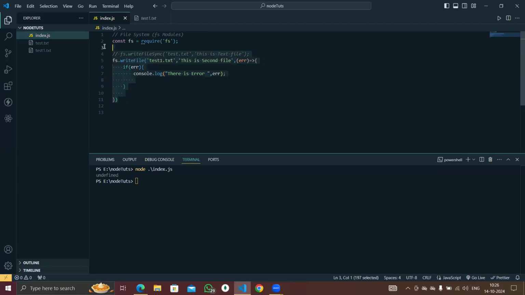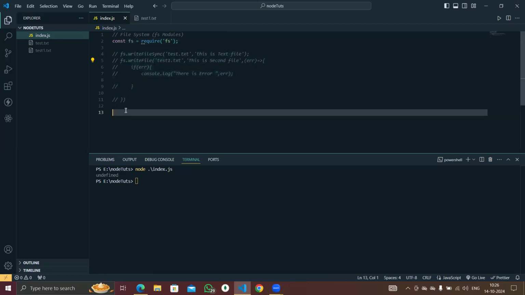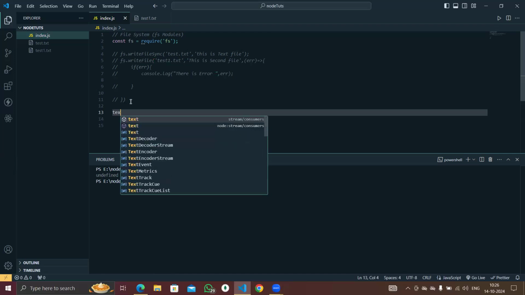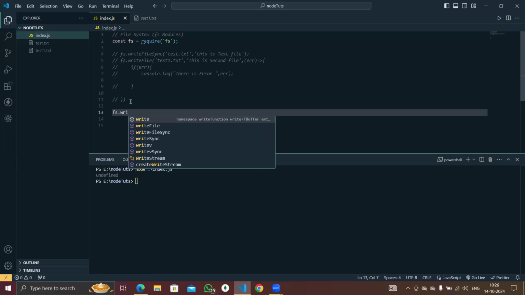Okay, we are using asynchronous, because the synchronous and asynchronous working style is the same. Just some difference between executions. That's it. Now we have happily created our file. Now I want to write something inside this file. Okay, now I'm using fs dot write file,